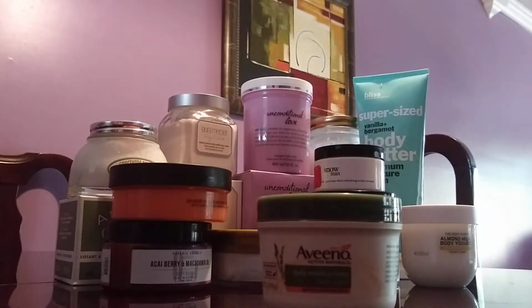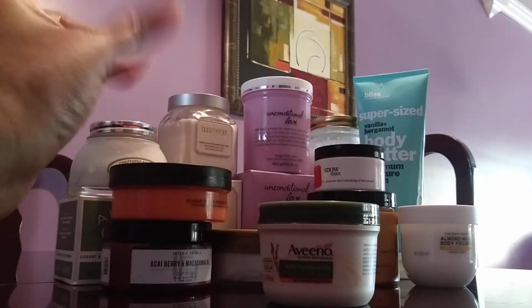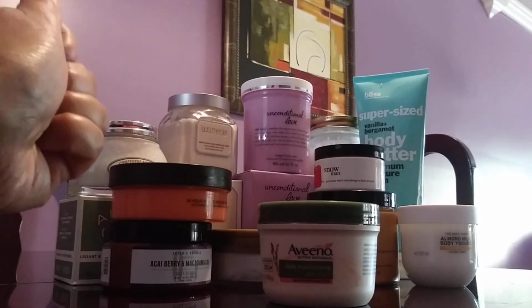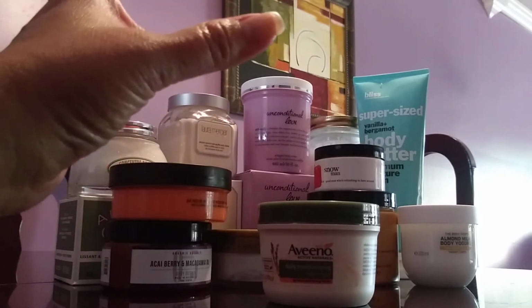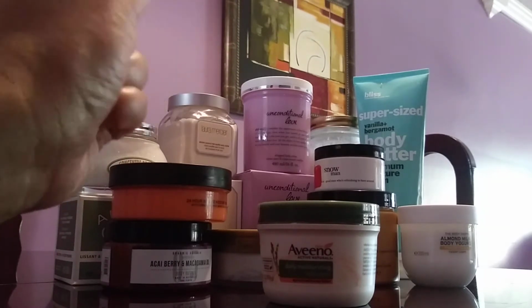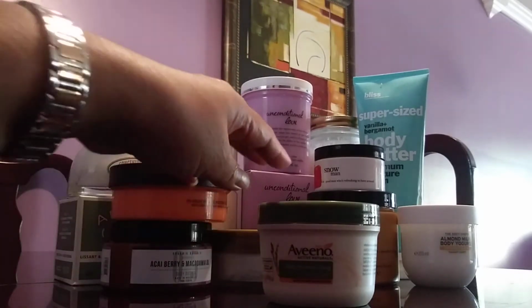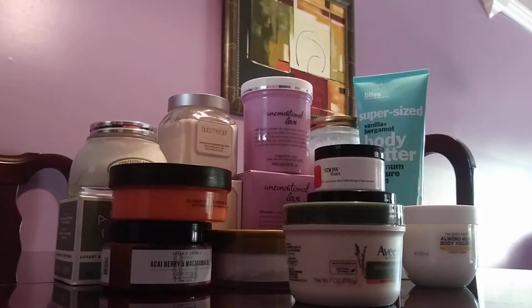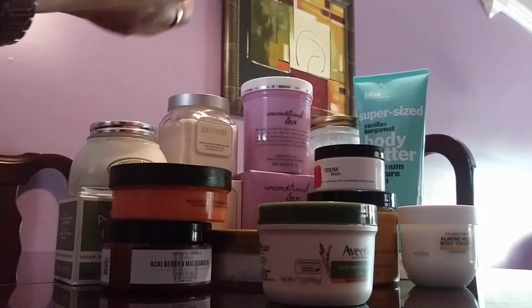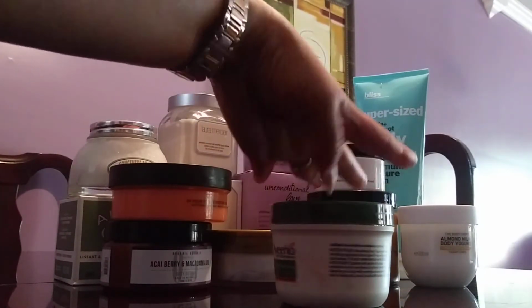All right, now moving on to Aveeno. I just gave away my full lotion unused Aveeno because I just have too much, and I got two body yogurts from them. The other one is oatmeal, but the seal, guys, the seal is very, very hard. I could not open it. I've been trying to remove the seal on my honey oatmeal because I want to smell it, but I couldn't. So anyway, I'm just featuring one, which is